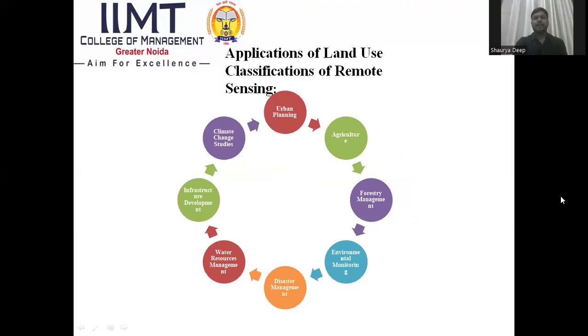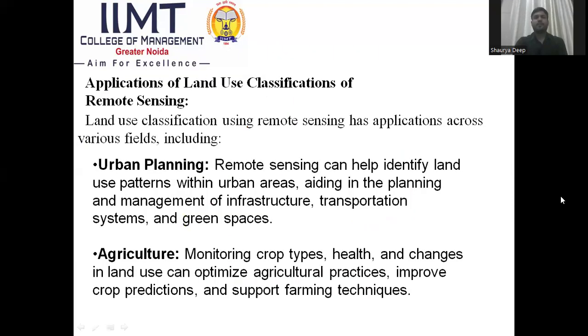and there are the applications of land use classification in remote sensing. Applications of land use classification remote sensing. Land use classification using remote sensing has applications across various fields, including urban planning. Remote sensing can help identify land use patterns within urban areas, aiding in the planning and management of infrastructure, transportation